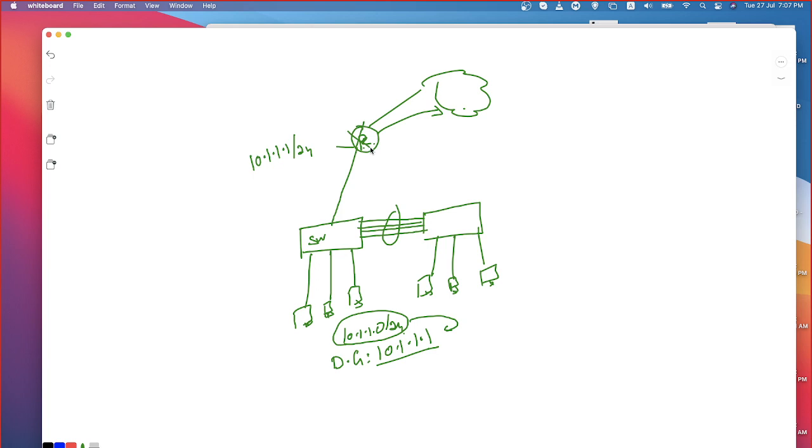We will not be in a position to access the internet. Let's say the router is up, but what happens if this link fails? We don't have a redundant link, right? If the link fails, we are still disconnected. If the router fails, we are still disconnected. There is a way to have a redundant router. Because of that, communication is ensured even if one of the link or router fails.